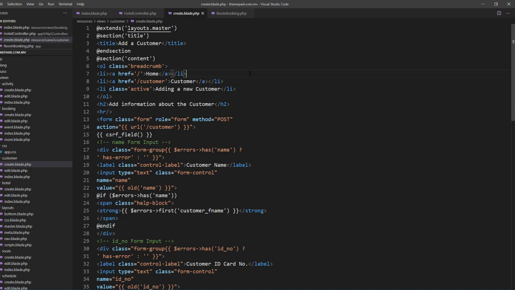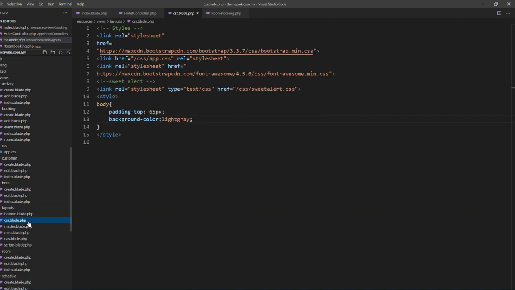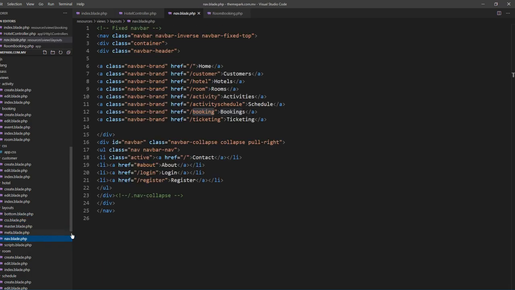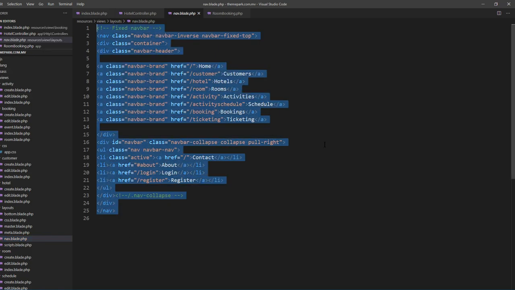Now for those who have a little bit of difficulty understanding the initial things starting up, you should realize that these are very simple stuff. For example, we have created partials, and those partials were separate pages. Like for example, in the layouts folder we have items called css.blade, bottom.blade, meta.blade, navigation.blade. What is happening here is, instead of putting these things in one page, we have just copy pasted them into separate pages, so that it's easy to change them, it's easy to